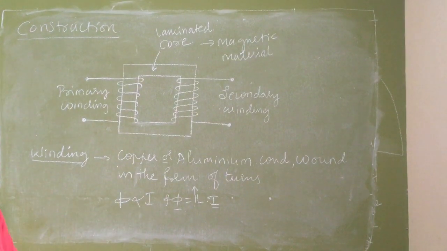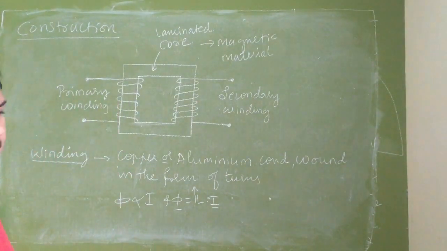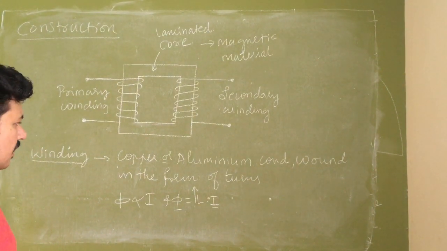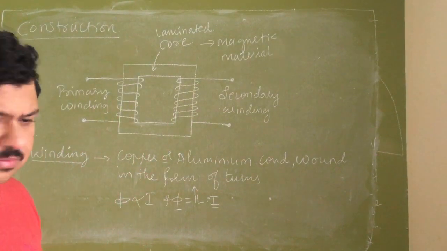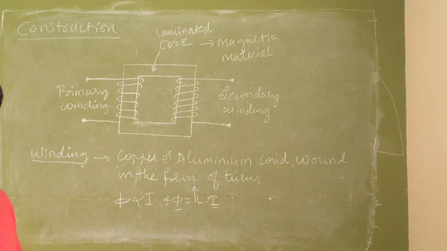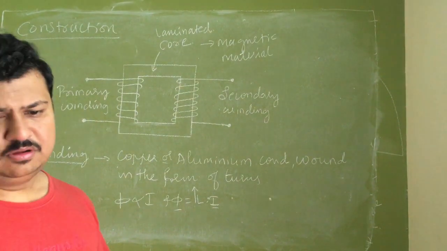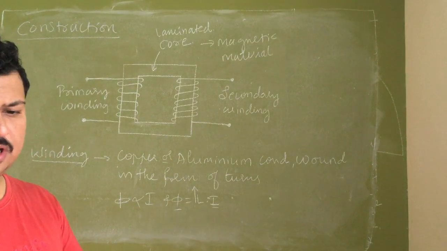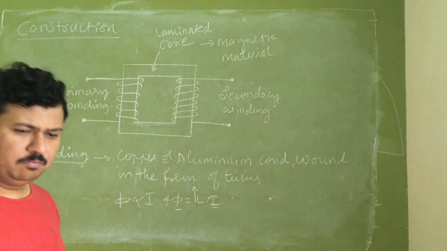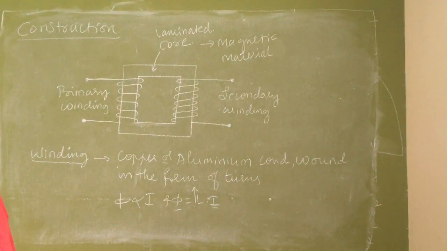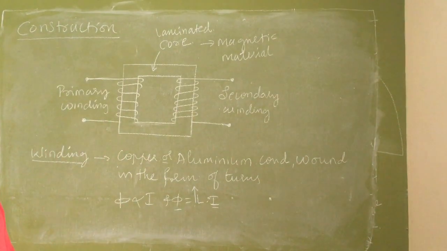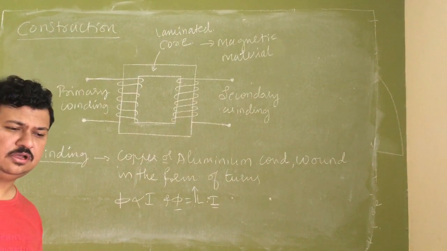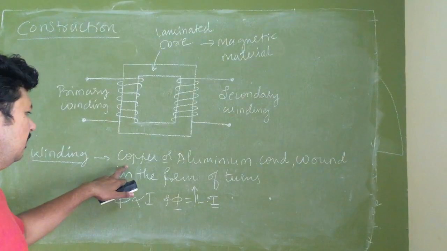Most of the cases today we are using copper conductors. For large transformers or for medium size transformers, medium size in the sense, if the power rating is less than 10 kVA, it is small. Power rating from 10 kVA to 100 kVA is medium size. Above 100 kVA is called large size machines. This is for every machine, not only for transformer. For medium size transformers, we generally use aluminum conductors, aluminum rectangular strips, or generally we use copper.